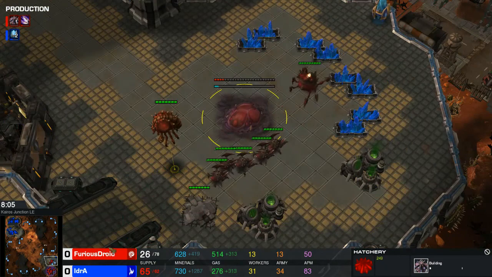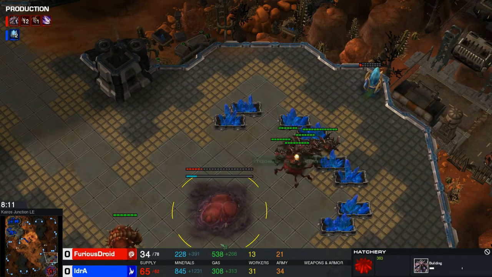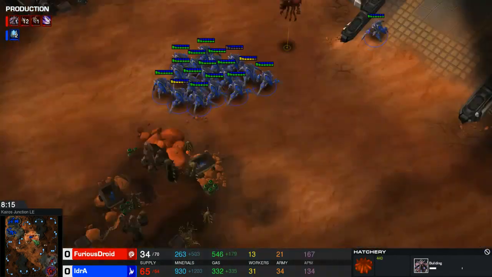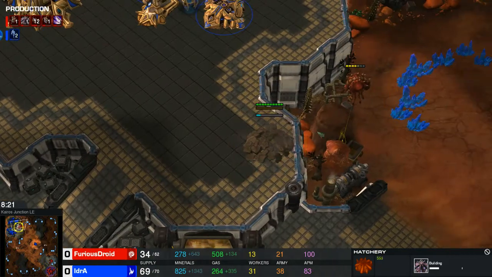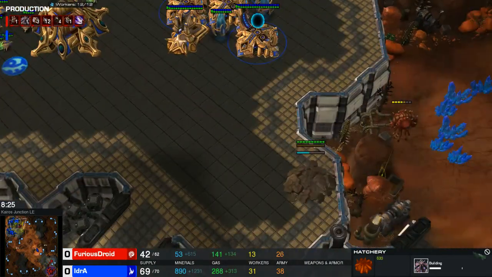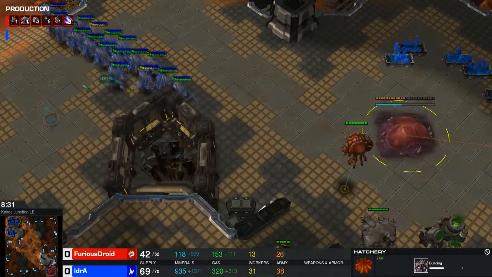Looks like IdrA's supply blocked. And he's about to get more supply blocked as this pylon gets picked off. Now he has 65 out of 54. He's not going to be able to make any code. And he's taking out some Overlords. Not that it really matters. FuriousDroid has... Well... Looks like IdrA's just saying forget the Nidus. And he's just going across the map. He just wants to try to end the game, it looks like, with his...